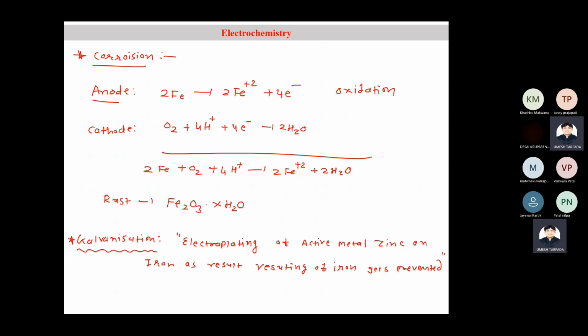So up to here, we have covered the reactions taking place in the electrolytic cell and in different batteries, as well as the corrosion process. In the next lecture, we are going to talk about the concept of conductivity, types of conductance plots, different plots, Kohlrausch's law. All these things we are going to take in the next lecture. So thank you very much.